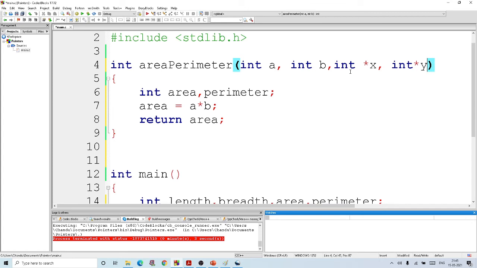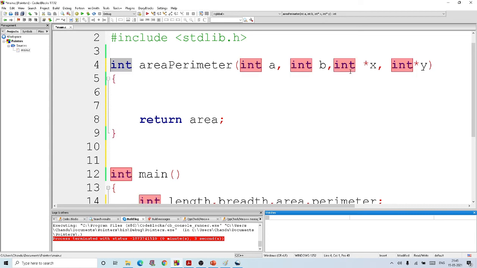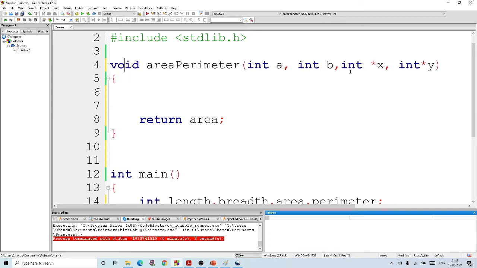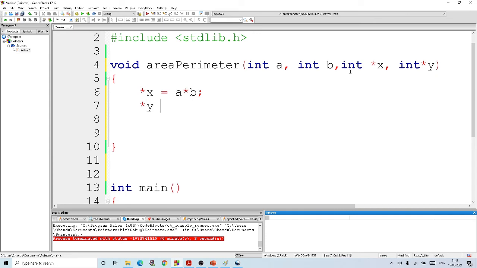Now we don't want to return anything, so we can make it void. Now what we can do is give star x equal to a into b, and star y equal to 2 into a plus b.